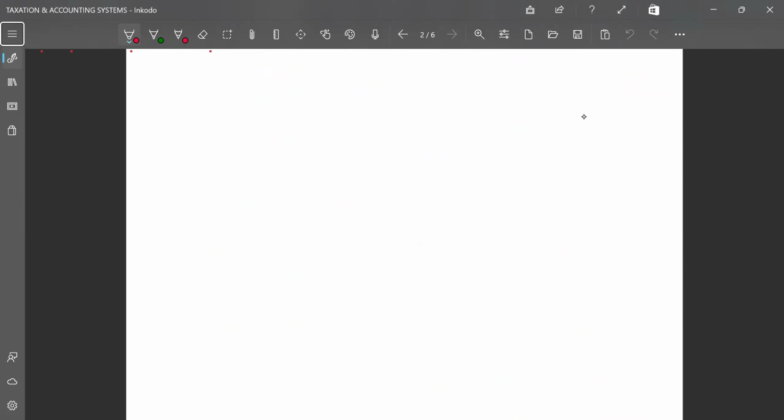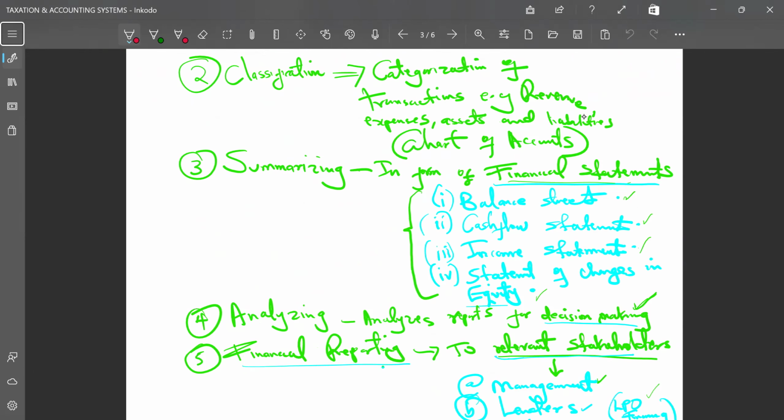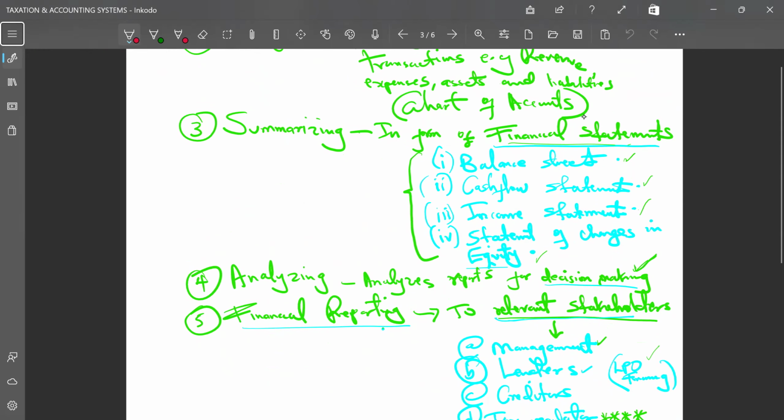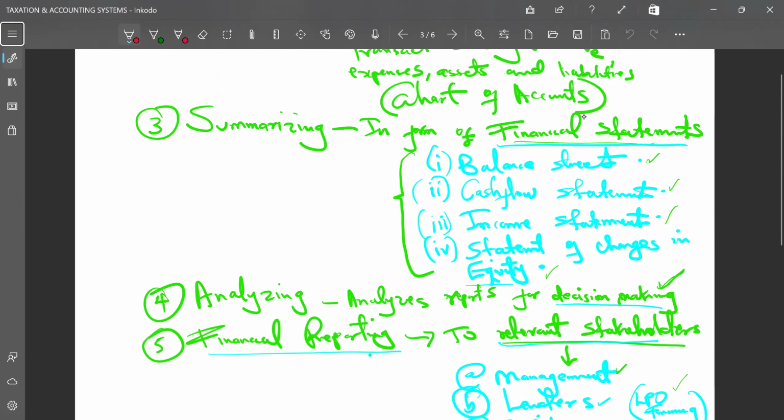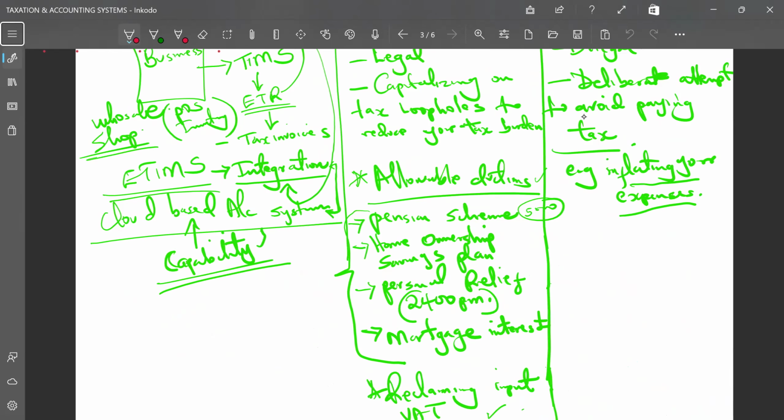Now, we've talked about the relationship between an accounting system and tax compliance. And I've brought in the cost aspect of it. So I want you to just hold onto that thought, in that terrain that you are thinking as a business person. And I want you to connect it with this reality. And I believe at the end of the day, you're going to appreciate what we are talking about here. You're going to appreciate the importance of discussing these accounting systems.